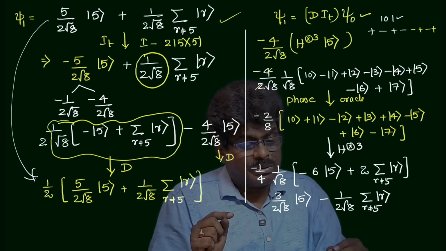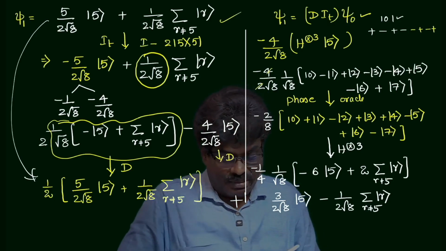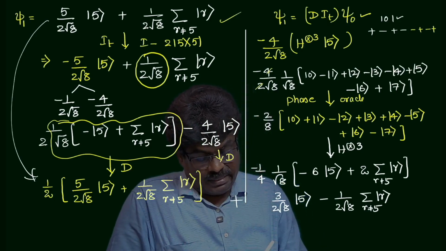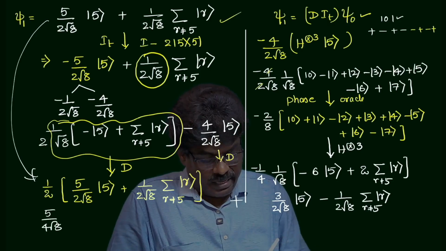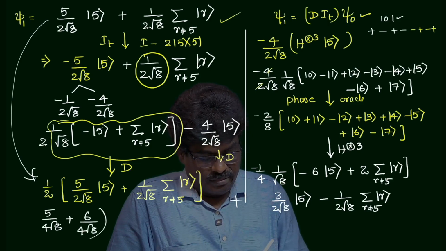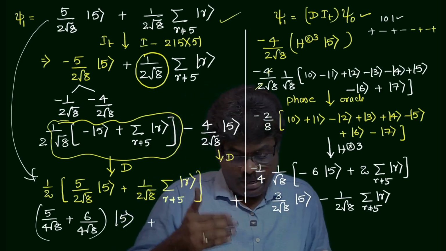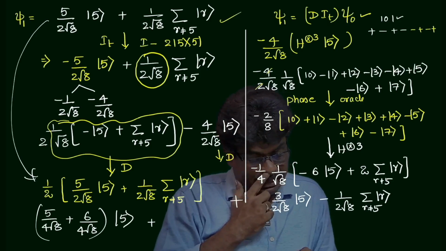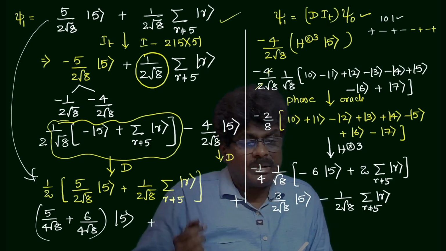Okay. So now I'm combining these two. Just to combine these two. Then you will get 5 by 4 root 8. Okay. So this is 5 by 4 root 8. And here I can write this as 6 by 4 root 8, common 5. And next here I have 1 by 4 root 8 and this is minus 1 by 2 root 8. So this is nothing but